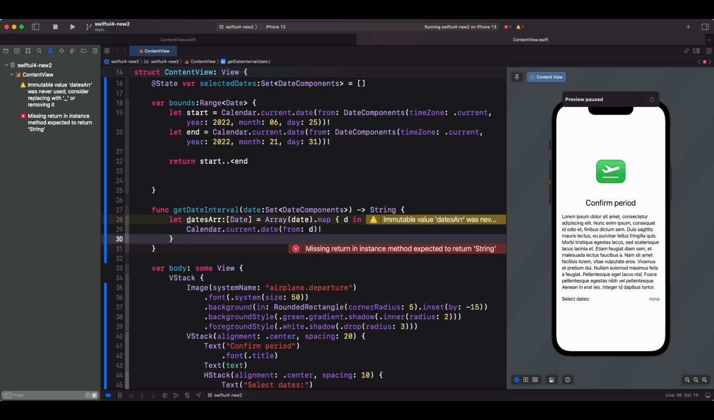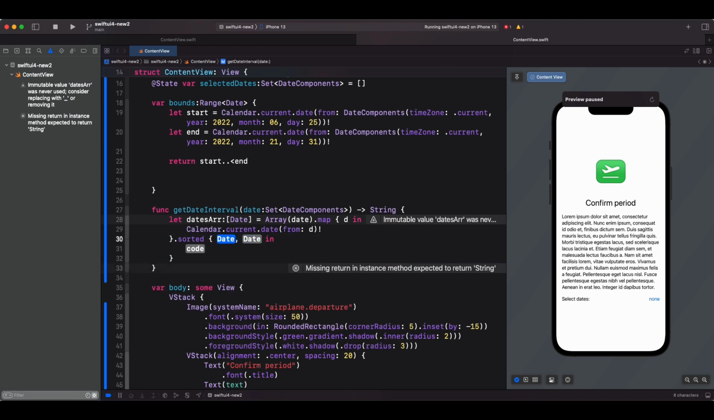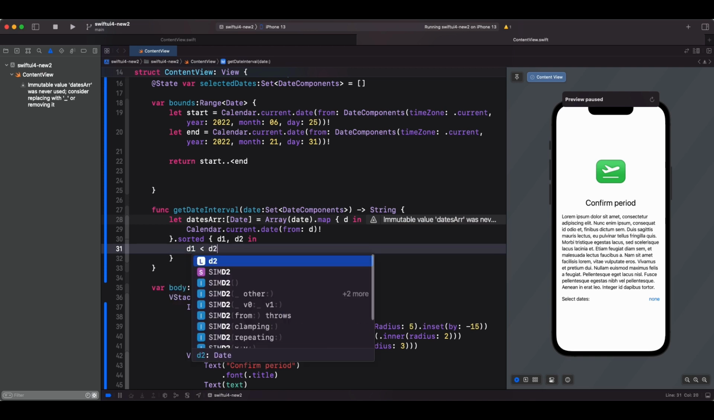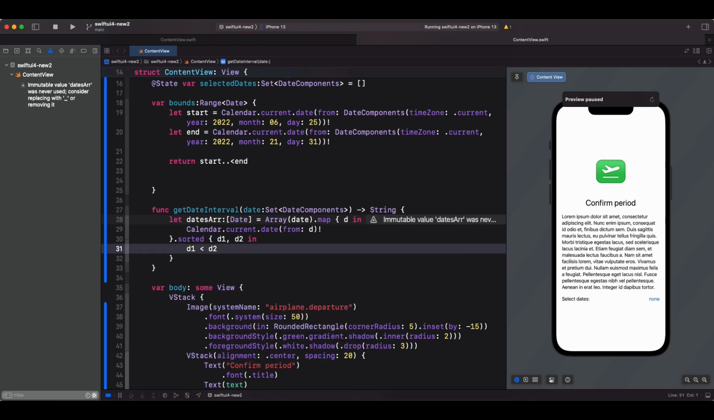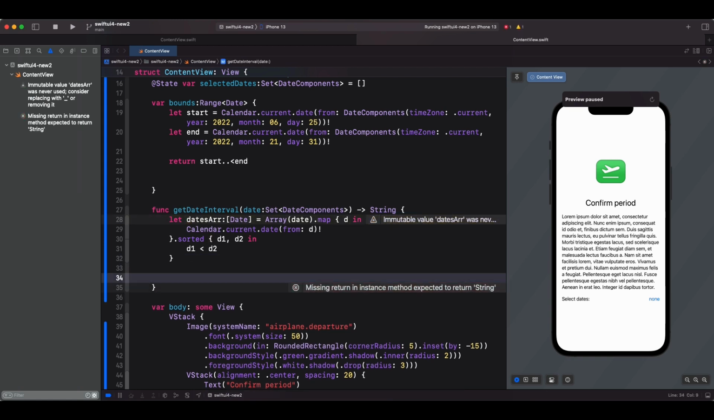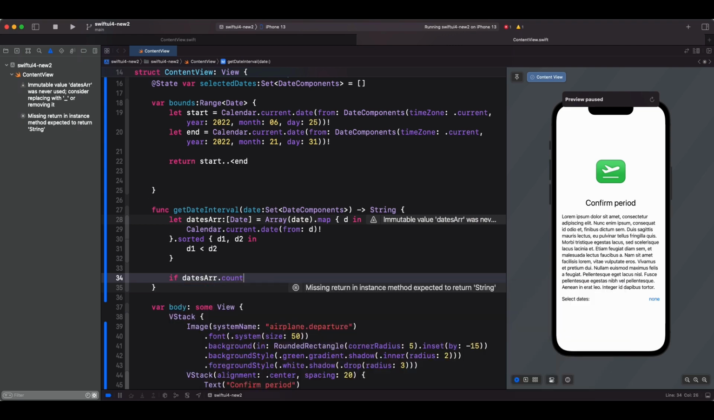And as I said before, in a set the values are not sorted. Now we have an array, we can sort it, and we'll say date1 and date2, and the rule of sorting is date1 smaller than date2. This will sort ascending. Now we have sorted the array, and if the dates array count is equal to 2,